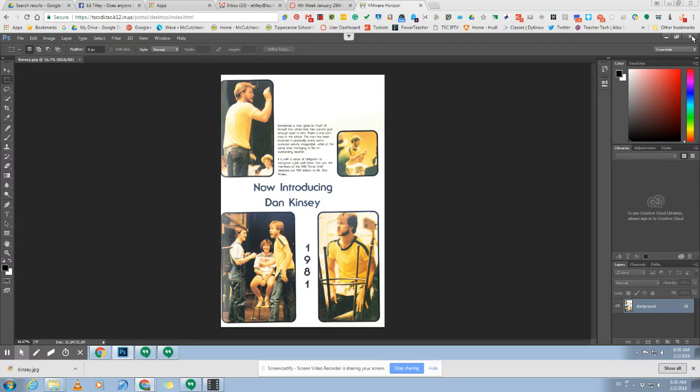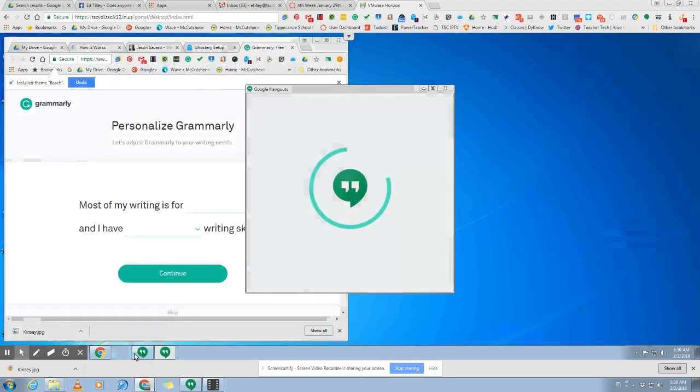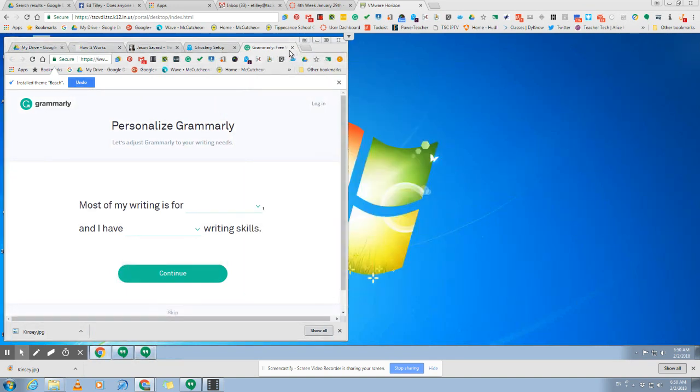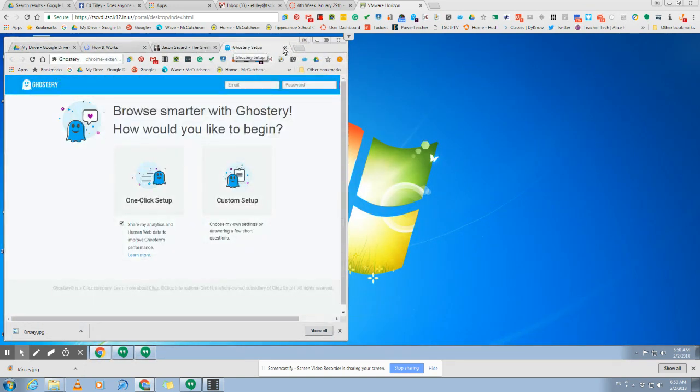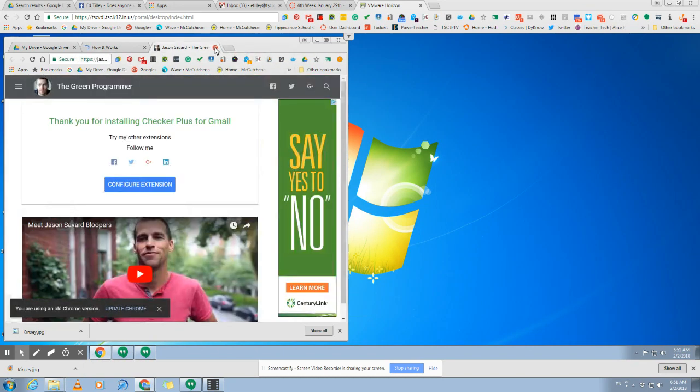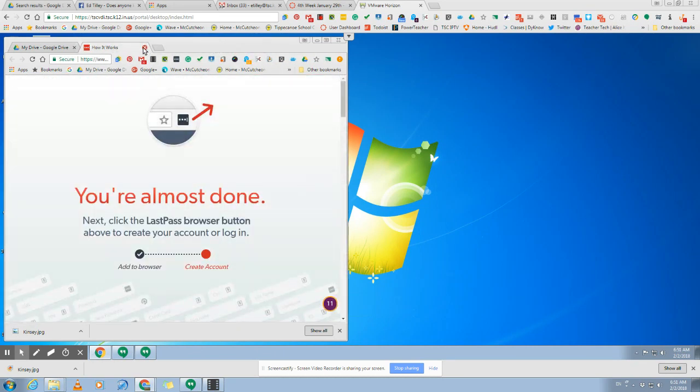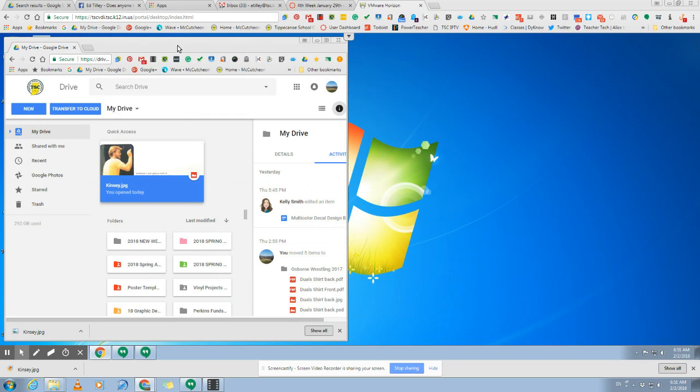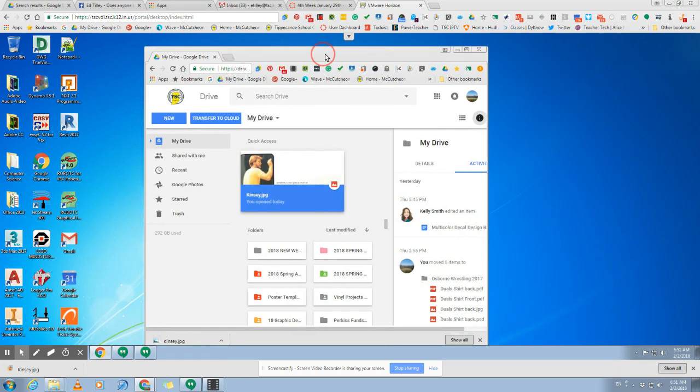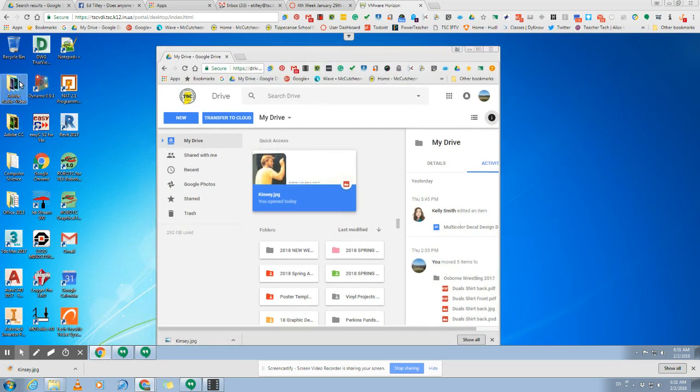And let's say I want to get out of Photoshop now. So this is the virtual world here. I'm going to get out of that. Boy, we get a lot of pop-ups, don't we? And we're going to move this over a little bit here. Okay. And then remember,